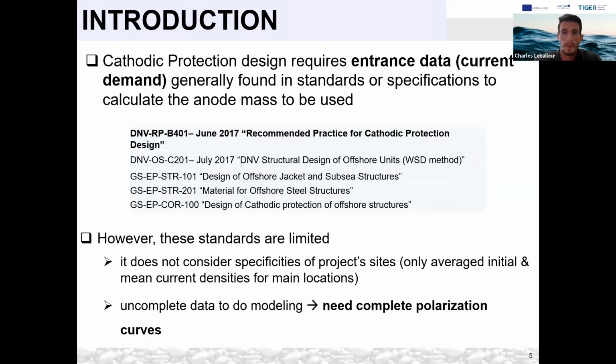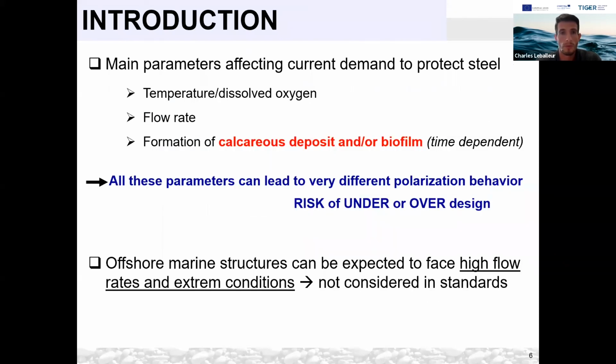And furthermore, it does not give complete polarization curves for carbon steel and other materials. So when dealing with cathodic protection modeling, all the data are not available in the literature. Therefore, there is an interest to characterize that. So, considering the main parameters that can affect the current demand to protect steel, which are the temperature